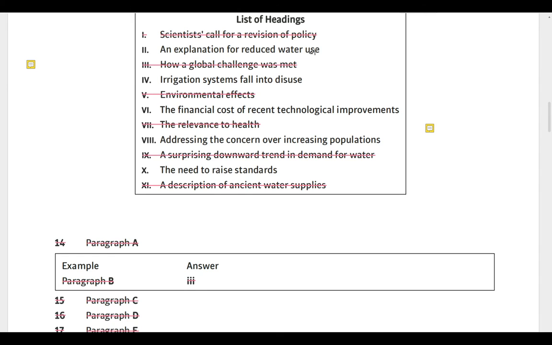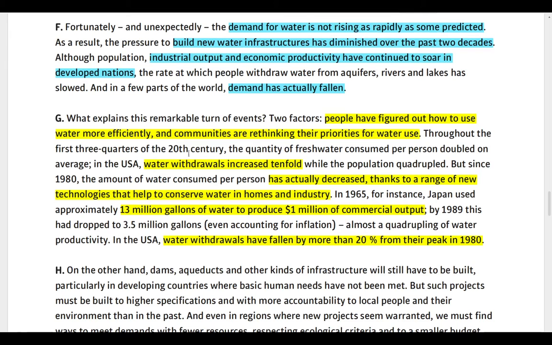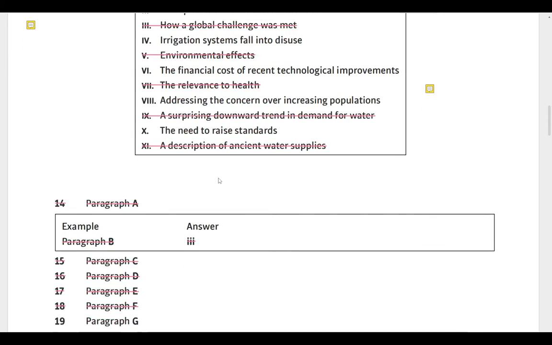Okay, there we go. We have option number 2 as an answer for us. An explanation for reduced water use. Explanation number 1 is that people started using water more efficiently, and communities are rethinking their priorities for water use. Instead of just literally wasting water, they are thinking before wasting it. All right, so we're left with